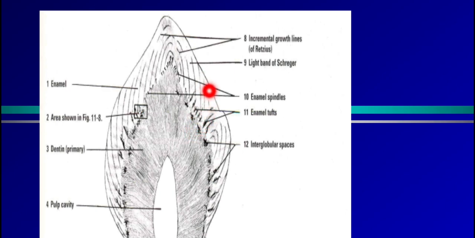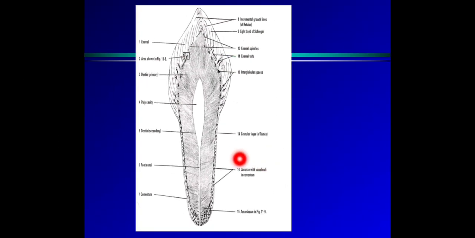Okay, and in the enamel there are the prismatic rods, and the interprismatic substance is arranged along the lines of the ridges. So this is the structure present here. This is the granular layer of Tomes, which is present there. This is just like the bony tissue. Okay, cementum is present there. Here is the root canal, and the root canal opens at the apical canal.